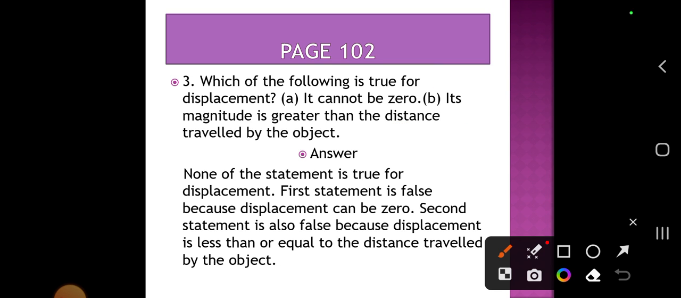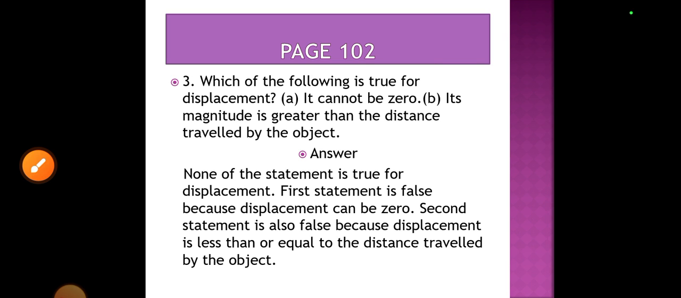And the second statement, its magnitude is greater than the distance traveled by the object. Now the second statement is also false, because the displacement may be less than or equal to the distance traveled by the object. So next question,